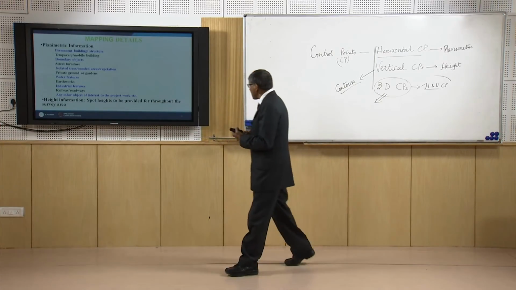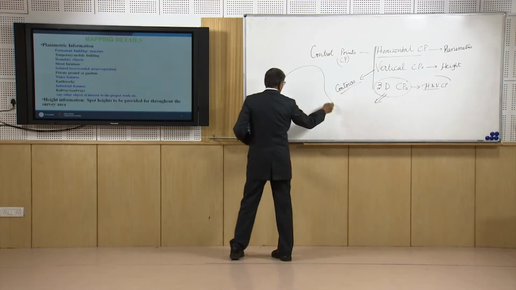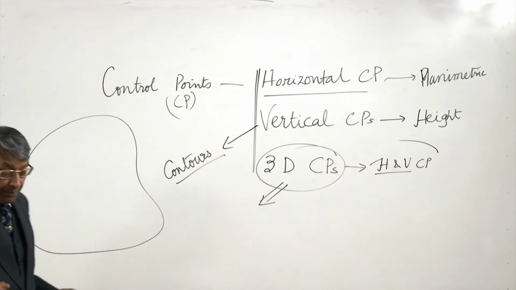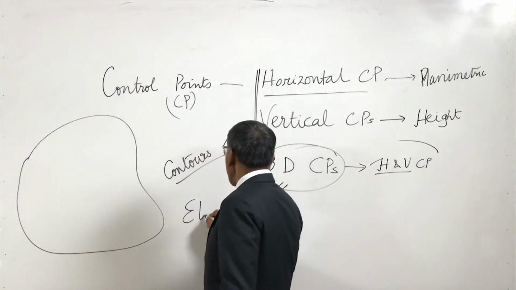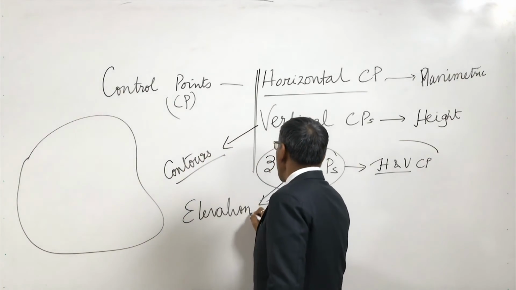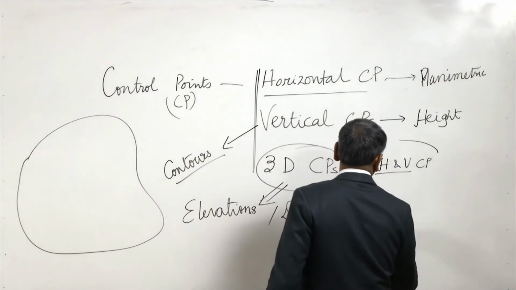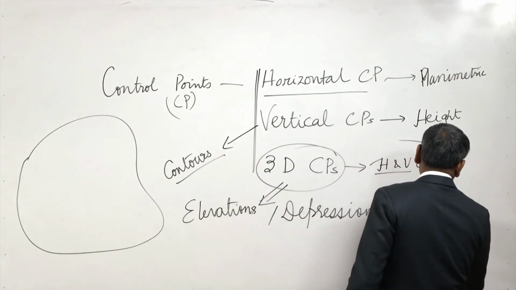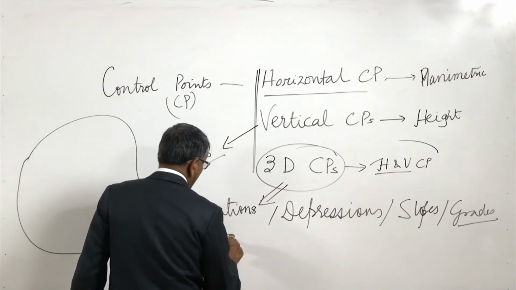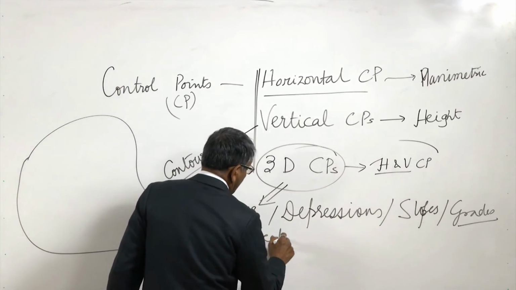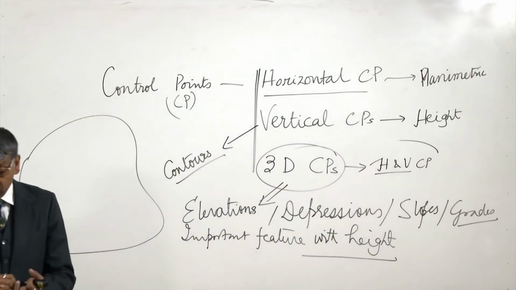Not only the spot heights throughout the project area, but we also have to pick up the spot heights of important elevations, depressions, changes in slope, grade, and any important feature associated with height. So, spot heights should be